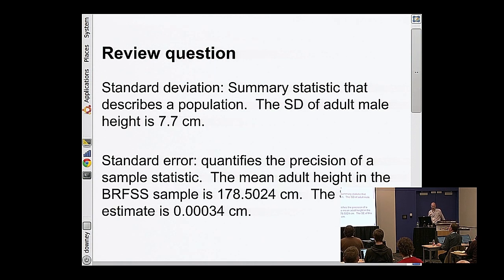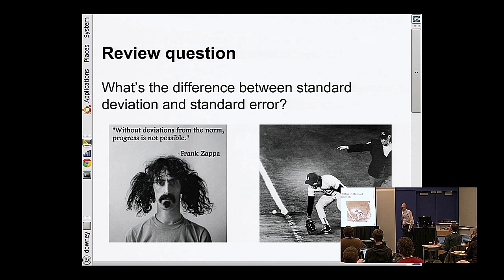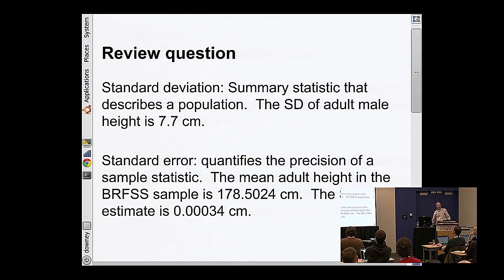Well, payback. Oops, don't want to give you the answers just yet. Difference between standard deviation and standard error. I mentioned this one just because it does make people confused. They are numerically different. That's important to keep track of, but they are just different things. So a standard deviation is a summary statistic that you would use to tell me about a population. And a standard error is a way to tell me about your estimate.